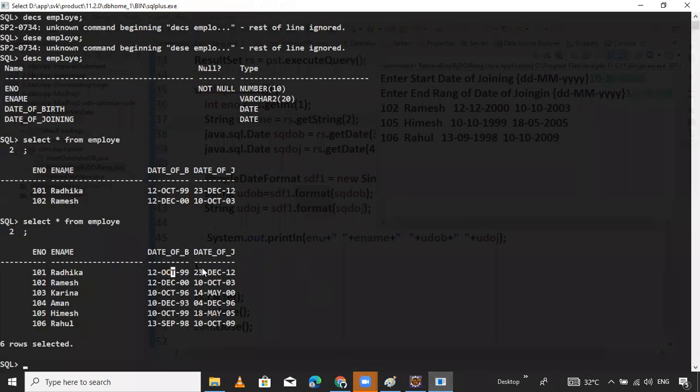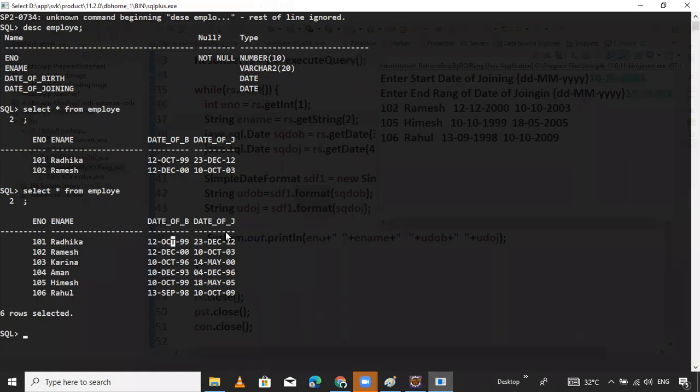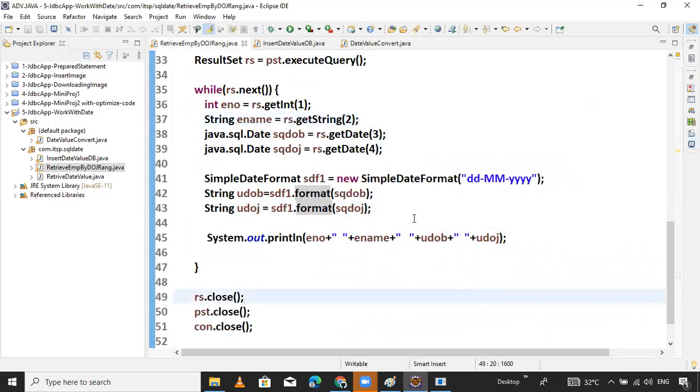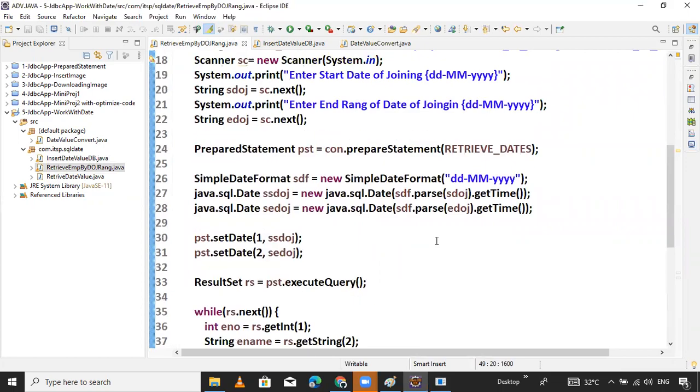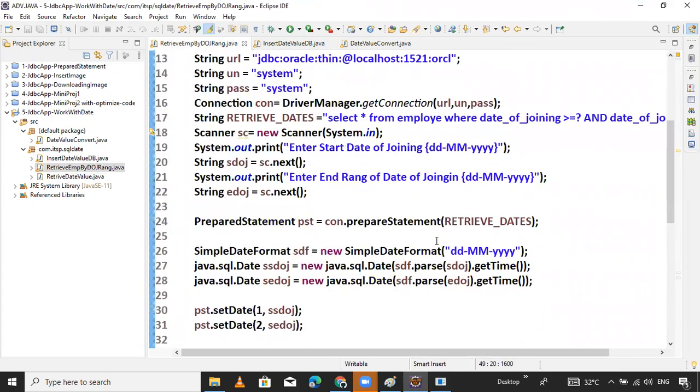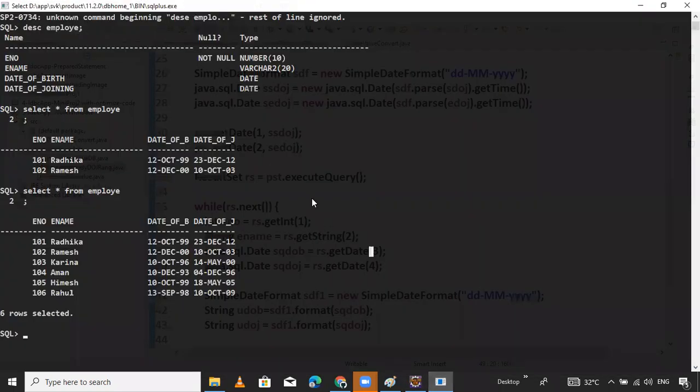Let's cross check one time. Date of joining 2003 is one. This one, 2003, it's also calculated within the month, October. Okay. So now, if you want to run one more time, you can run it. It's not an issue. So this is the total example, guys. It's a very good example.